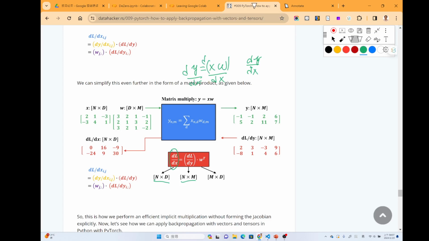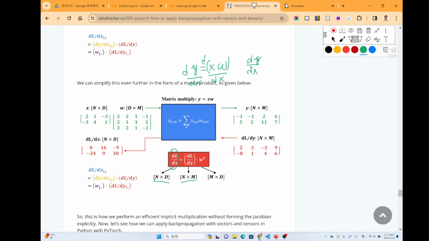Okay, so we know that the multiplication must involve the w here. But the problem is that we need to make sure the dimension is correct.